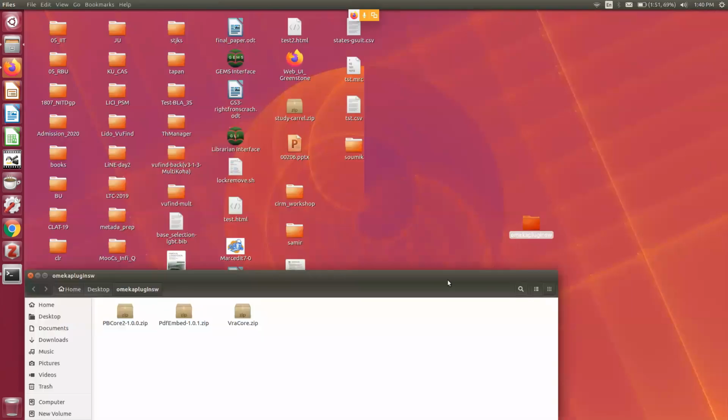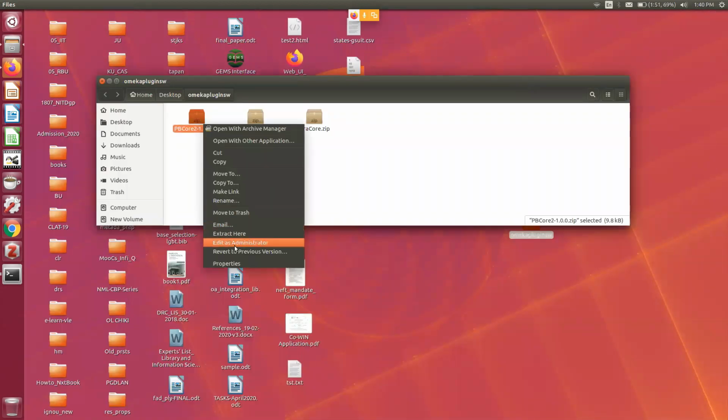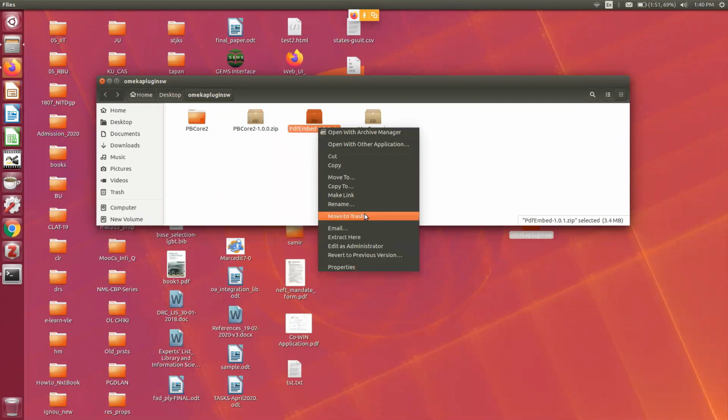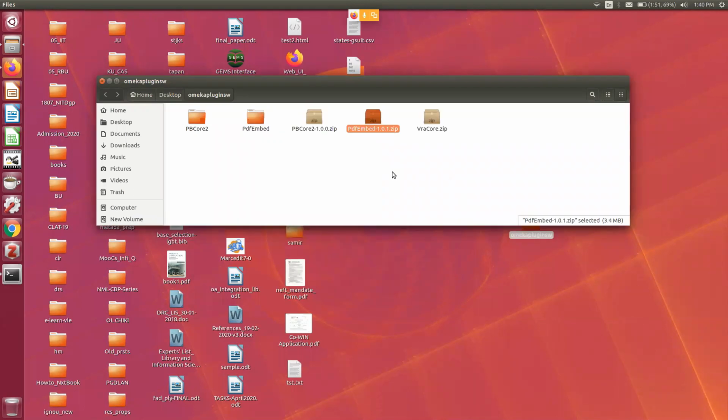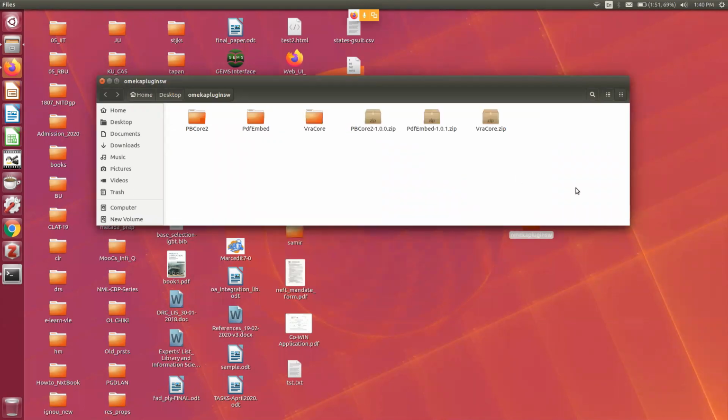So this is the folder. Now first unzip it. Extract here, then PV Core, done. PDF Embed, extract here, and VRA Core, extract here.